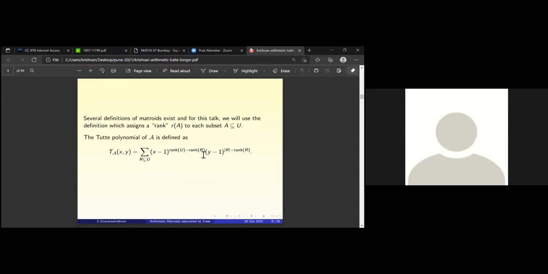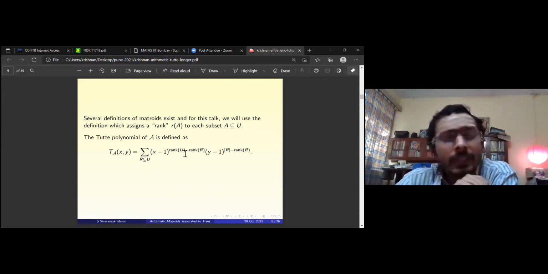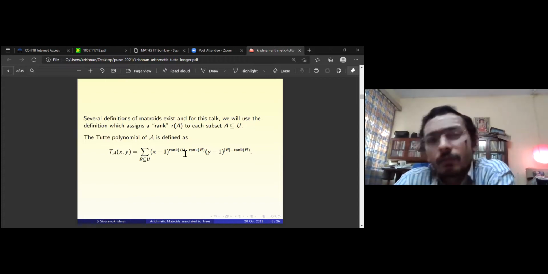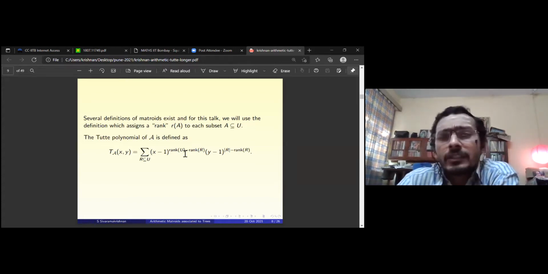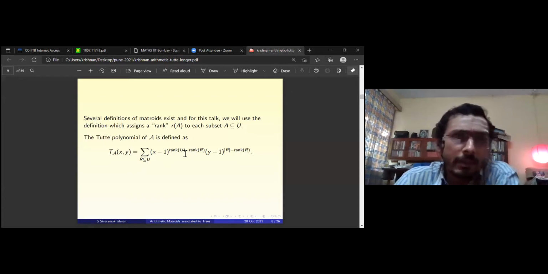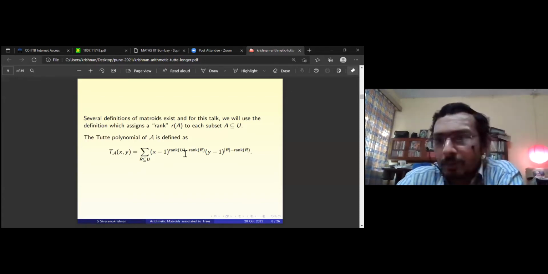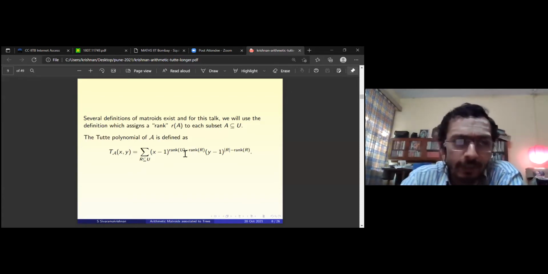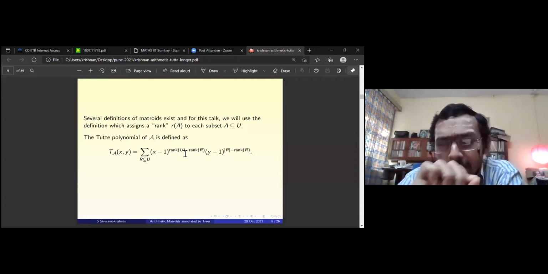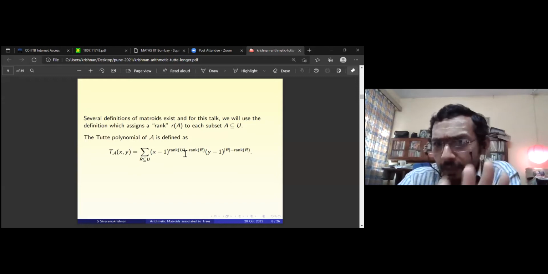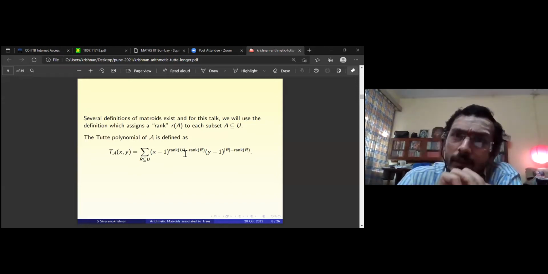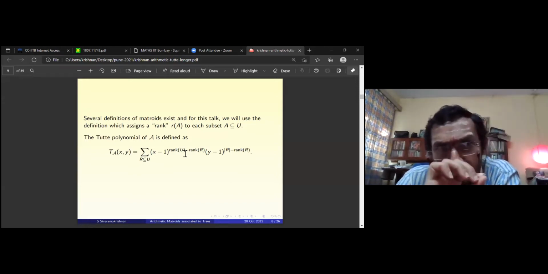So this Tutte polynomial, as I said, is a useful polynomial that we define for a given matroid. Given a matroid, we define the Tutte polynomial, and it's found applications in several things. This is the bottom line that I want to convey to people: if you don't know matroid theory, I'm really sorry, but you can read it. It's very interesting, and you don't require much background.